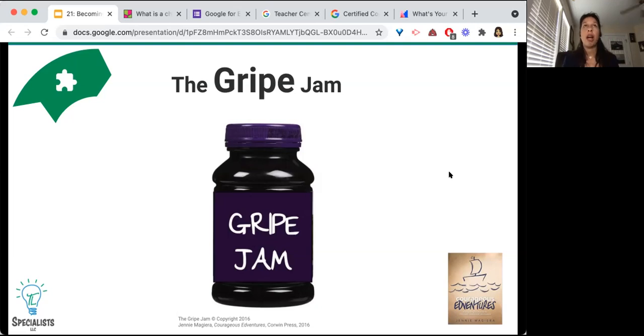one-on-one. And actually the Gripe Jam you can do in a small group setting and figure out what everybody's gripe is. And actually, if you're coaching, you can do a Gripe Jam as a small group. It can be like a small PLC, professional learning collective or community, and then working with individual teachers for the next few steps after that group Gripe Jam.